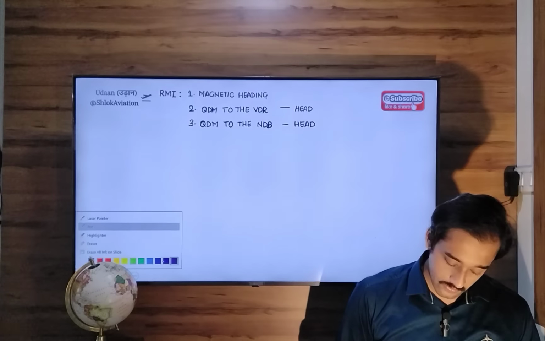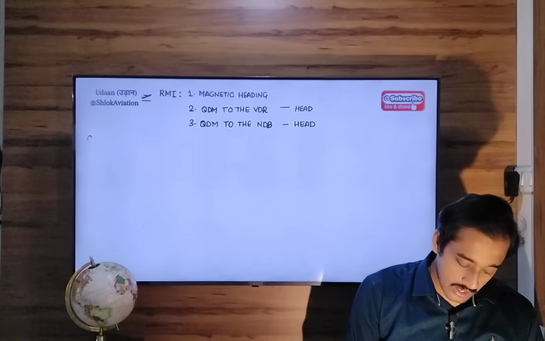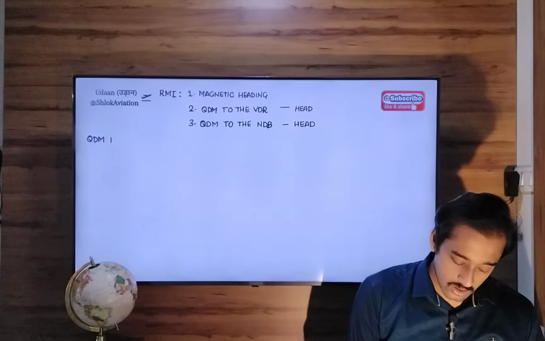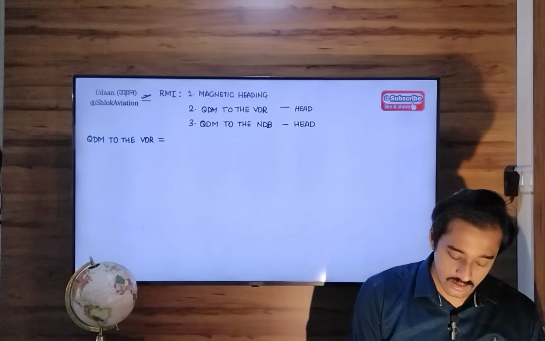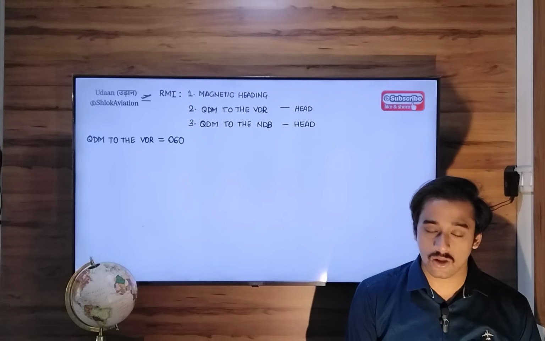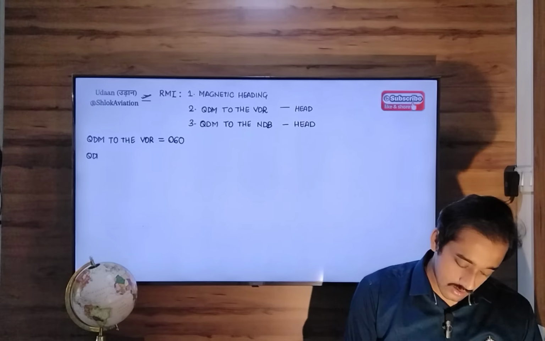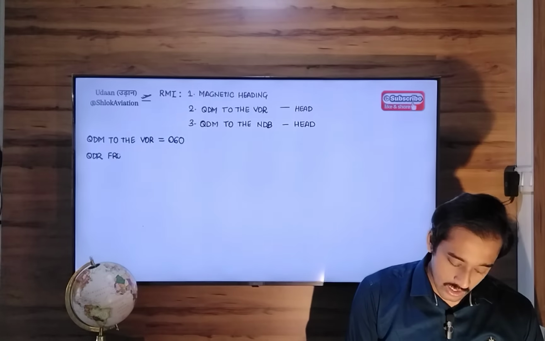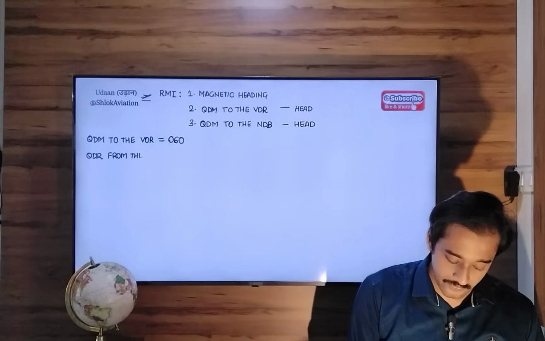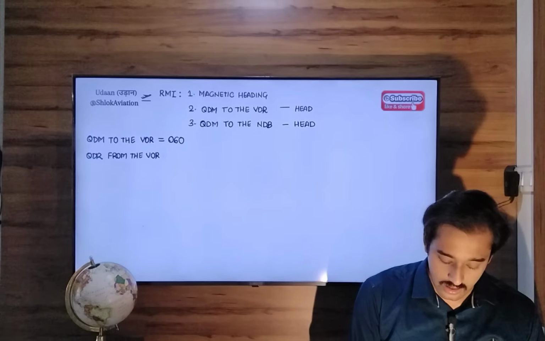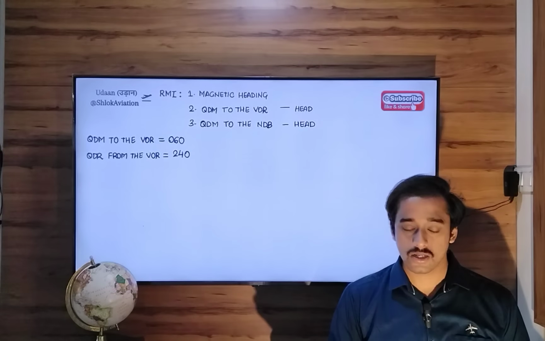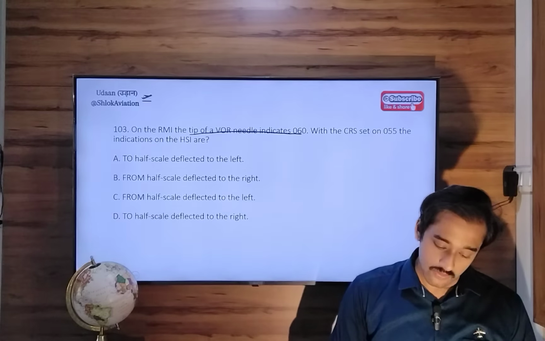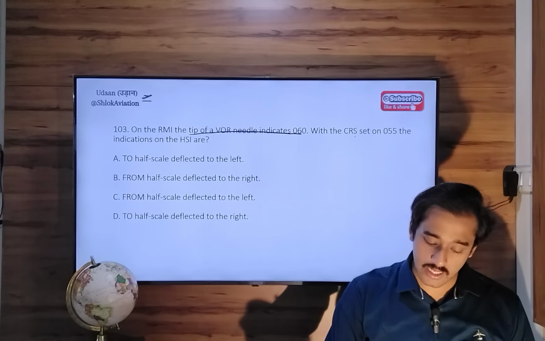That means QDM to the VOR station is 060. If QDM is 060, QDR from the VOR station will be 240. Okay. So now with the course set on